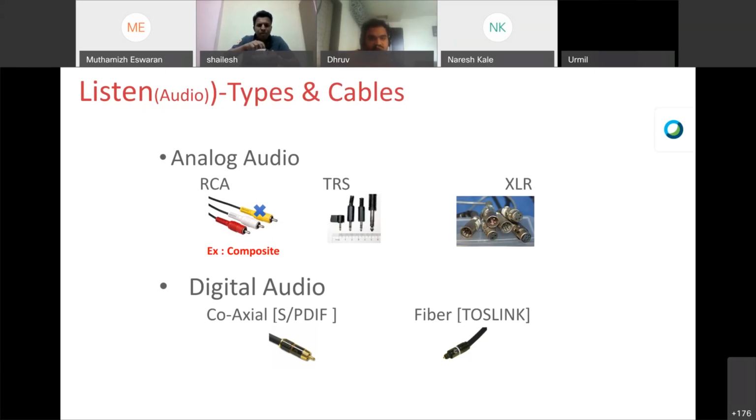And another thing is, in some cases, I still see a couple of installers who use a normal RCA cable to connect to a digital coaxial input and output. Definitely, the basic function will work, but the audio quality will be